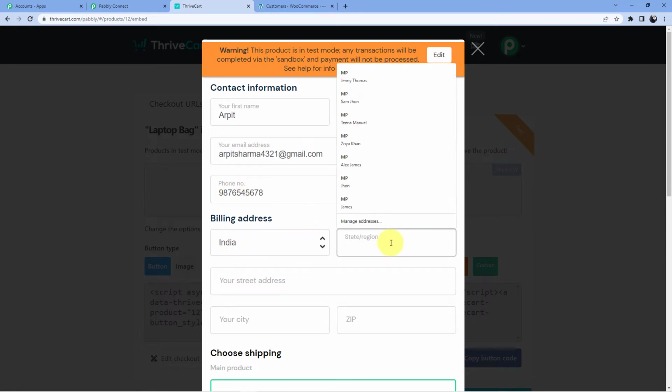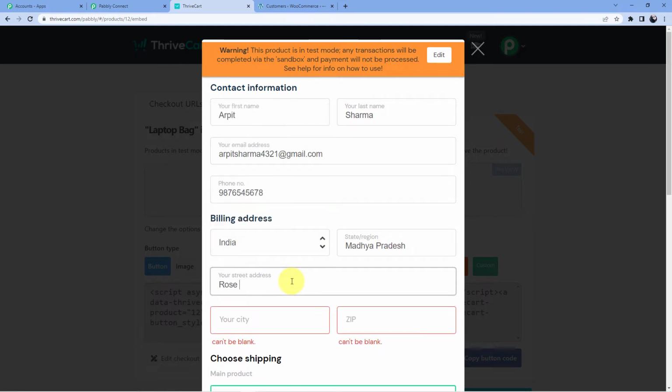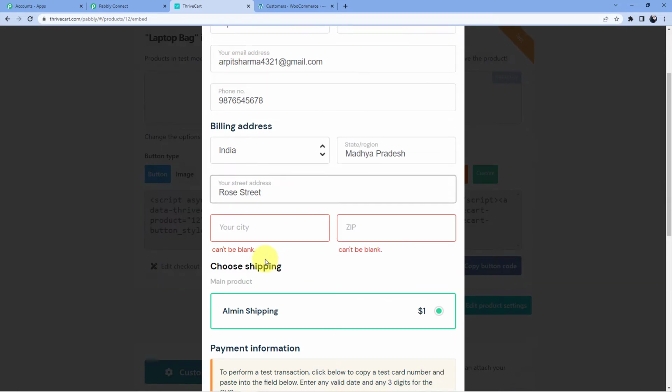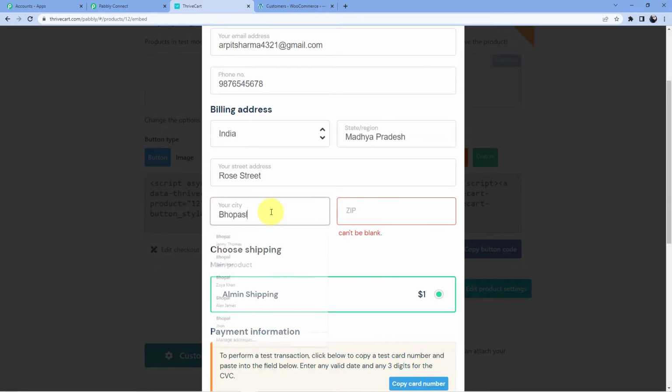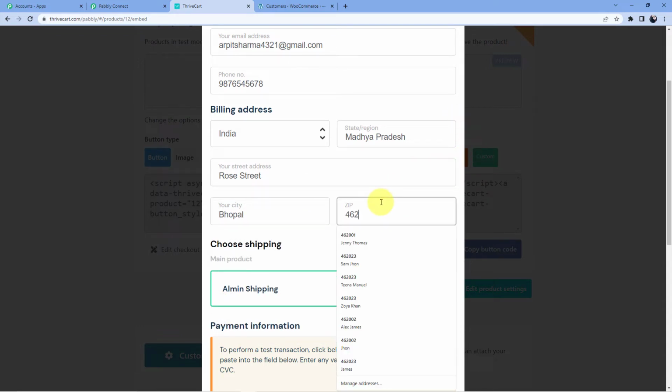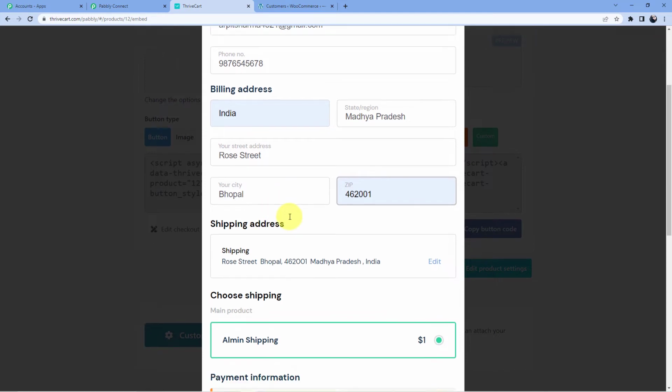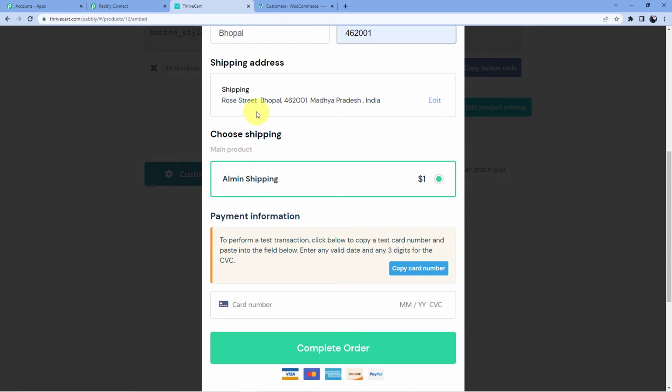Billing address India, state is Madhya Pradesh, street address is Rose Street, city Bhopal, zip code is 462001, and shipping address is the same.